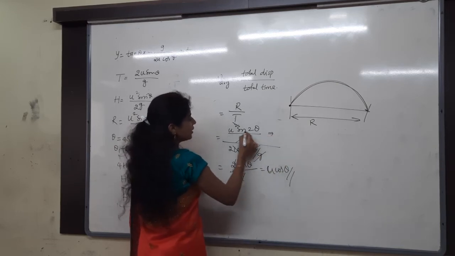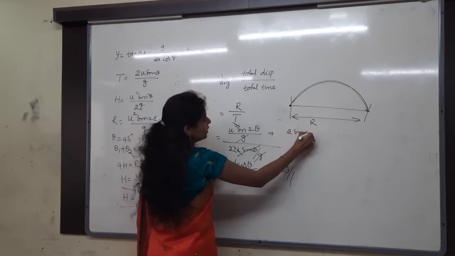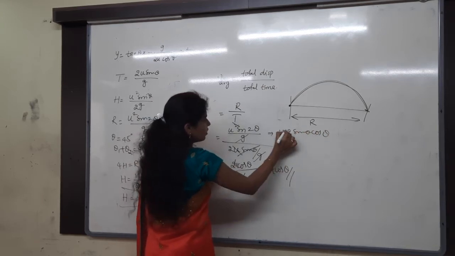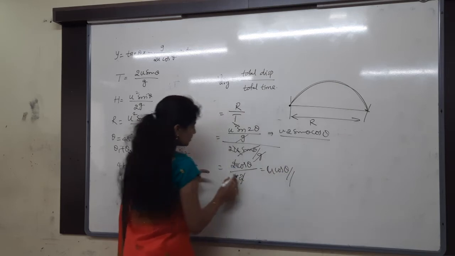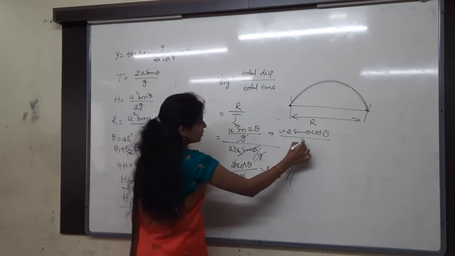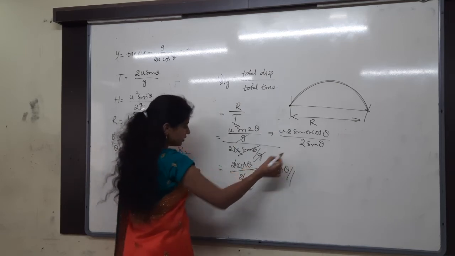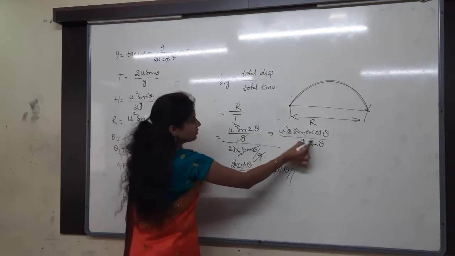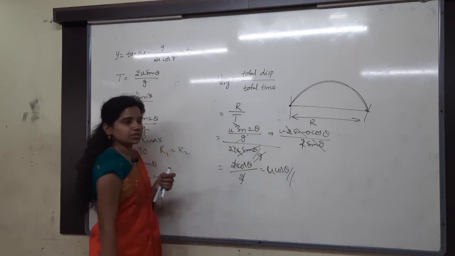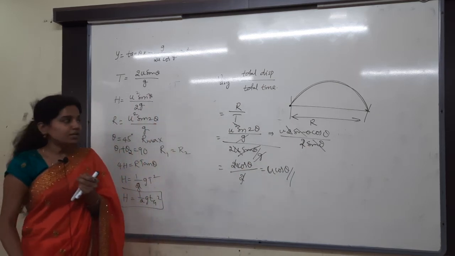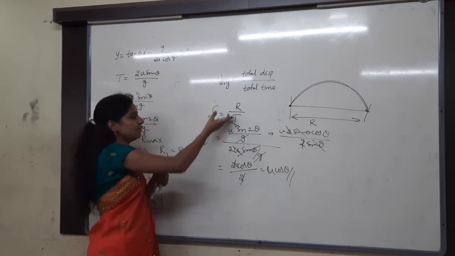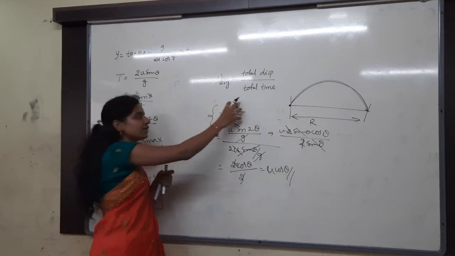See, simply here I can write sin 2 theta as 2 sin theta cos theta. One of the u is also remaining, divided by 2 sin theta. Everything gets cancelled now. 2 sin theta gets cancelled. What is remaining? U cos theta only. That is the answer. Mainly you should get this idea. After this everybody can do it, but you have to get this idea.